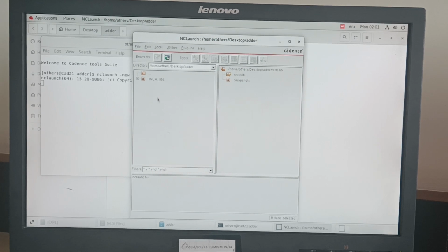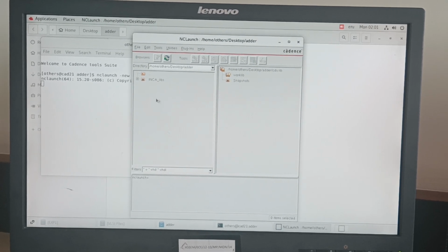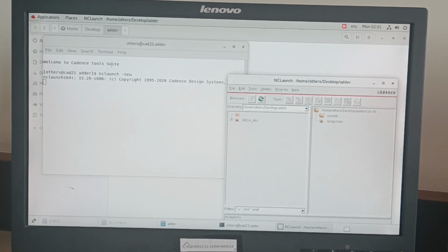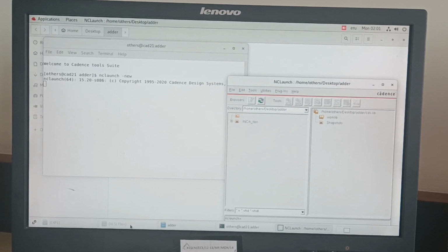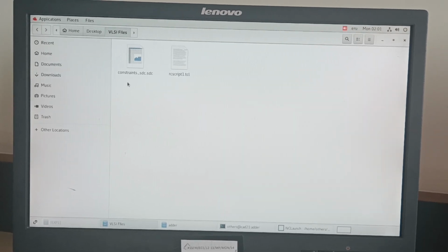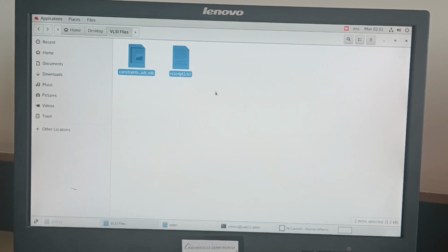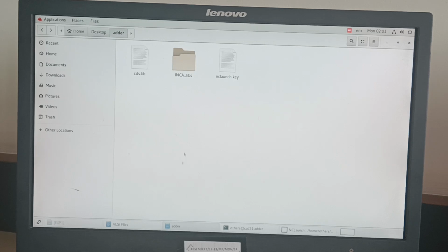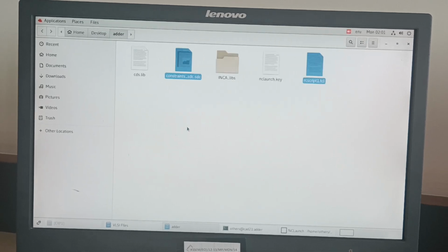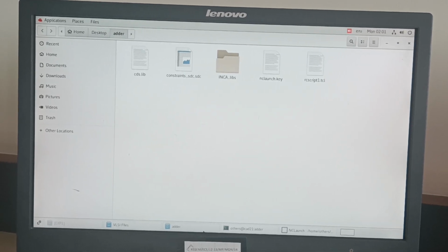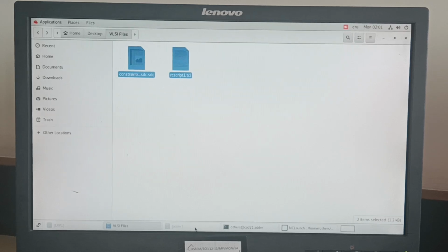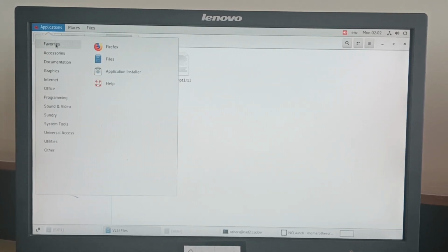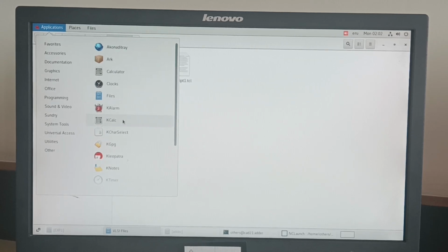So before clicking on this, we need to add a program file. For that, what we do is click on VLSI files. Here the constraints file and RC script file are there. Control C, copy this and paste in your adder folder. I have pasted. Now in the next step, go to applications, accessories, and then text